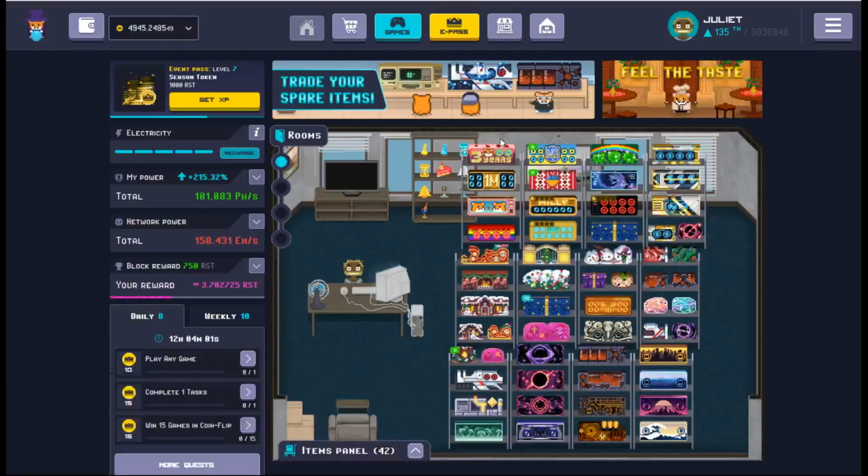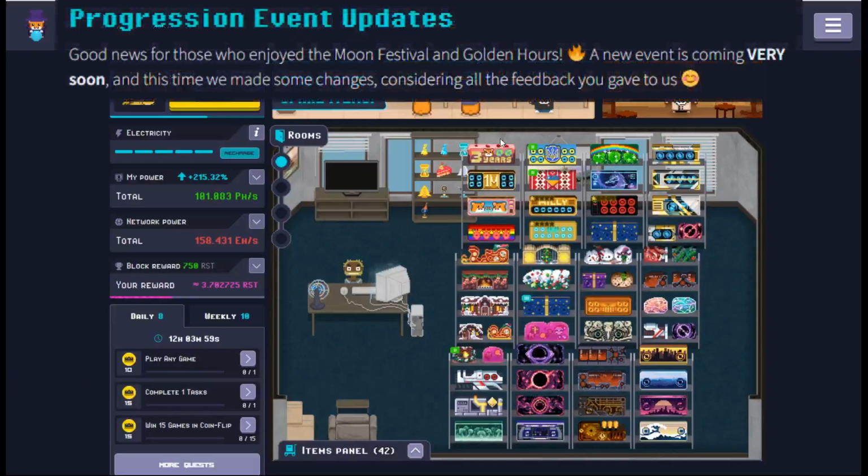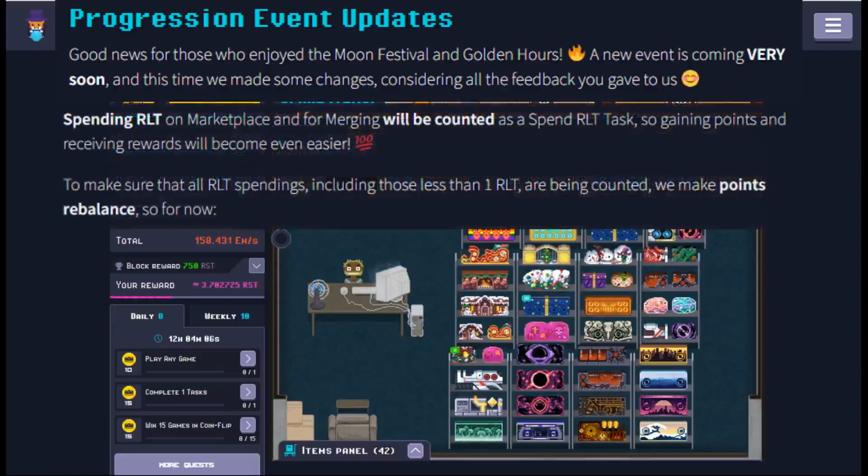Okay, so the next thing is progression event updates. Now, it says here, good news for those who enjoyed the Moon Festival and Golden Hours. A new event is coming very soon, and this time we made some changes considering all the feedback you gave to us. Spending RLT on the marketplace and for merging will be counted as a spend RLT task,